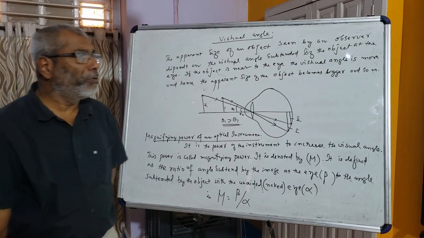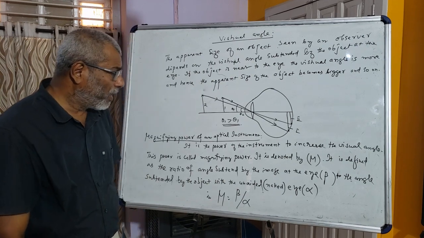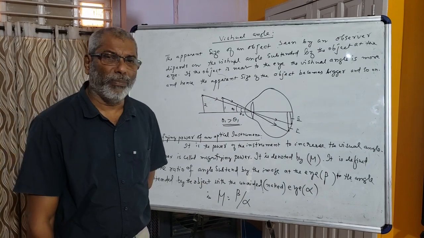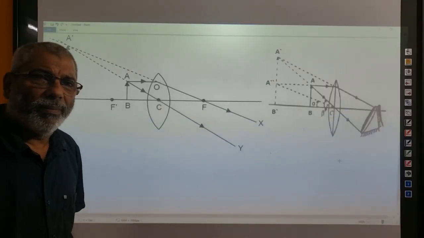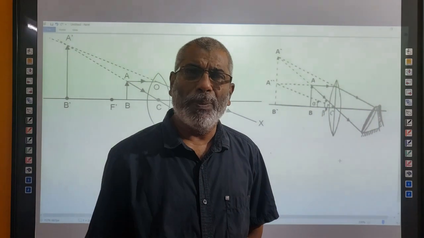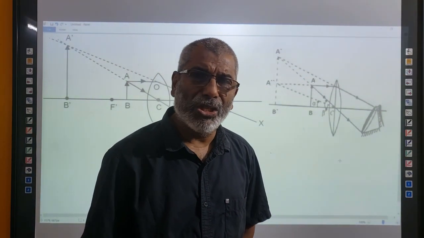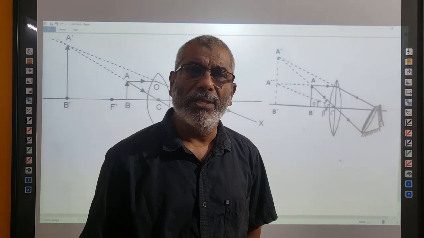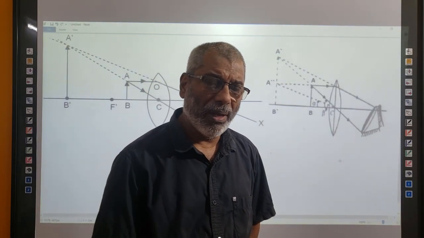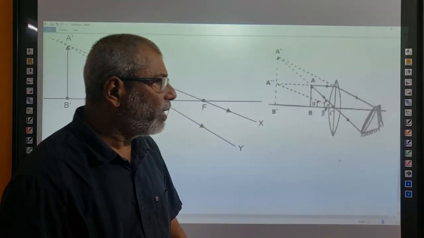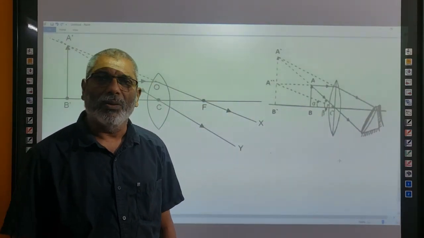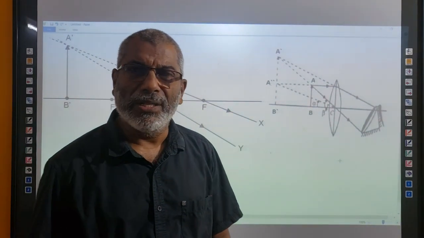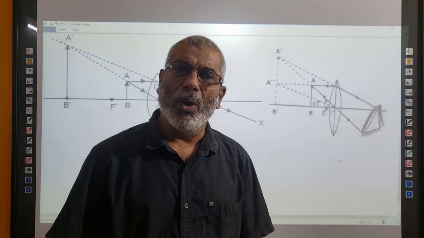Now we are going to describe the simple microscope. These two terms are already clear to you, so now I can proceed to the simple microscope. In the case of a simple microscope, we use a single lens of a very small focal length. When focal length is less, the power is more. In the previous class, we have already seen that P is equal to 1 by f. That means the power of a convex lens increases when its focal length decreases.